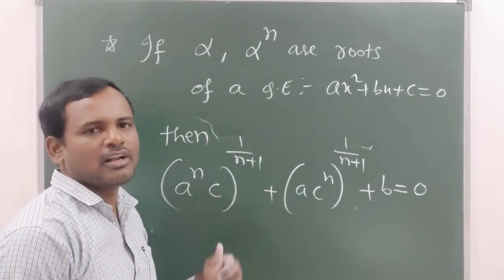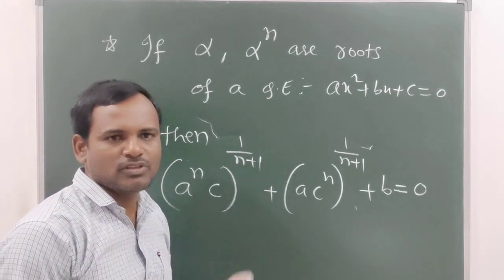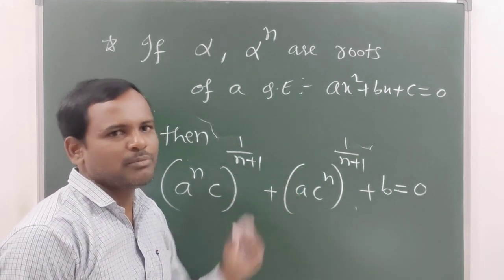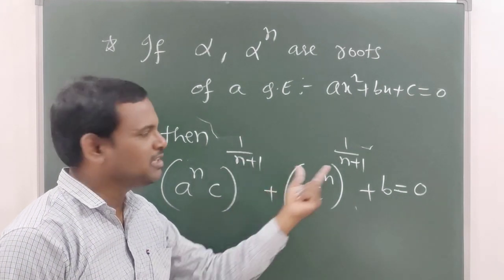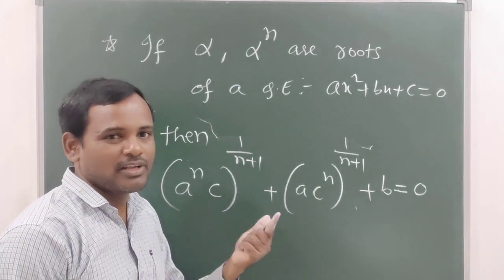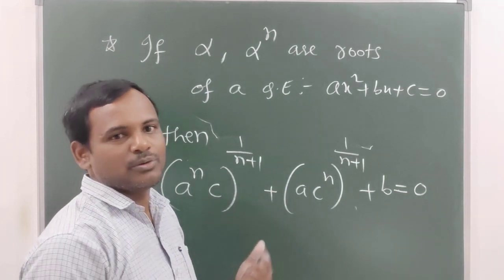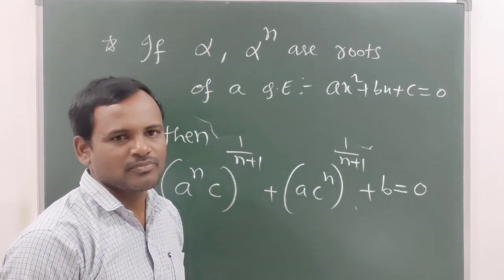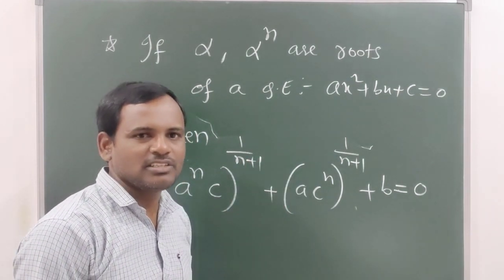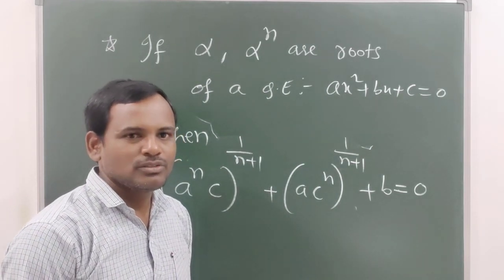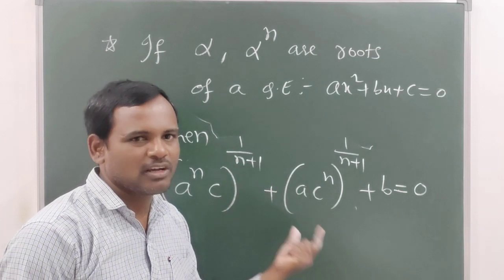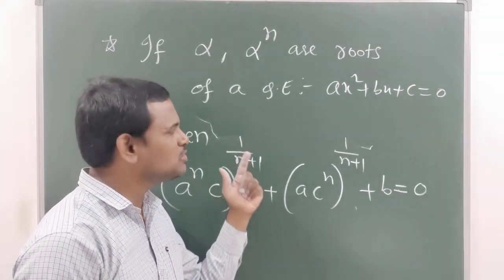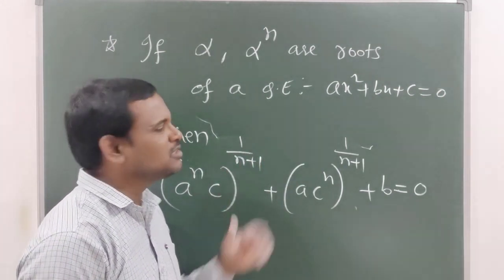See, in the last one, when the ratio of the roots of the quadratic equation is m is to n, then the relation between m, n and a, b, c we got is (m plus n) whole square times AC is equal to b square into mn. So there we have done one application. In that application we computed the value of P. For that P we collected the a, b, c values from the given application, substituted, and finally we got the P value. The same model of question will be given to us based on this.